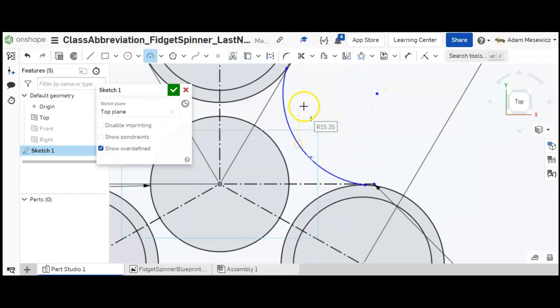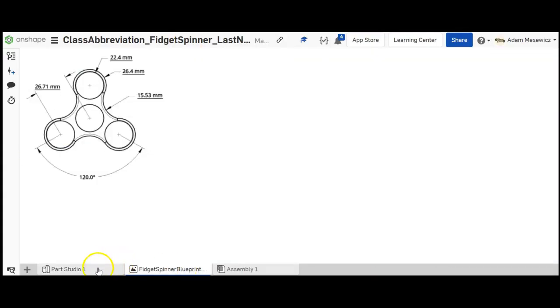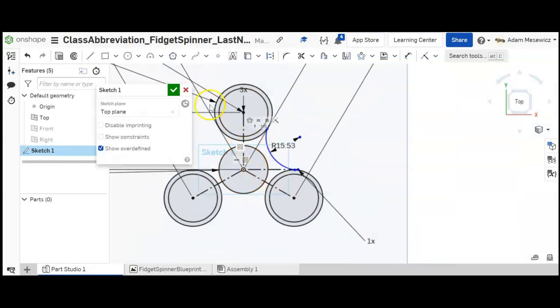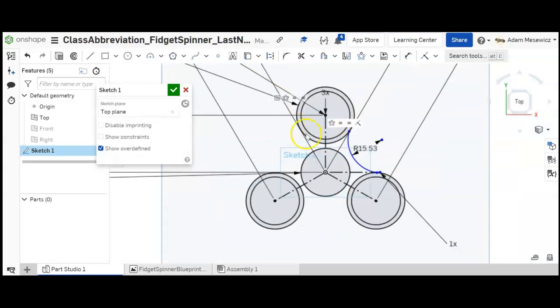so after you click that third time, and you choose the dimension tool or press D, and set that to be 15.5. I believe 15.5 was the number. Sorry, 15.53. So I can edit this, 15.53, and then press enter. Okay, so I've got that first arc connecting this top circle to the right circle, but I need 2 more